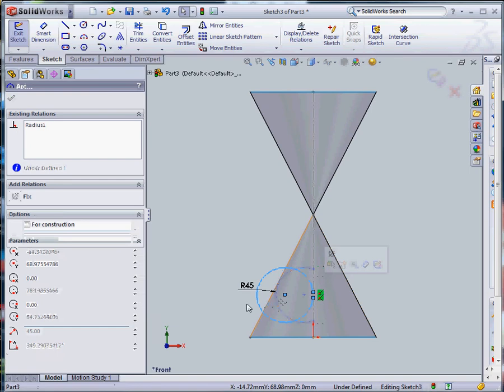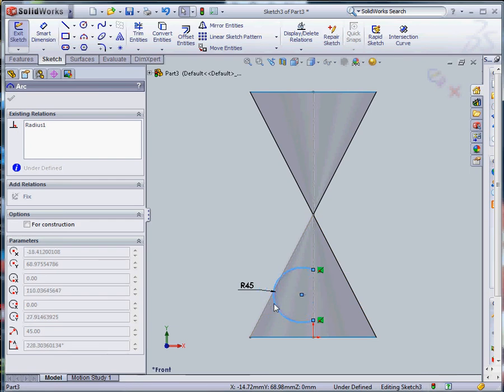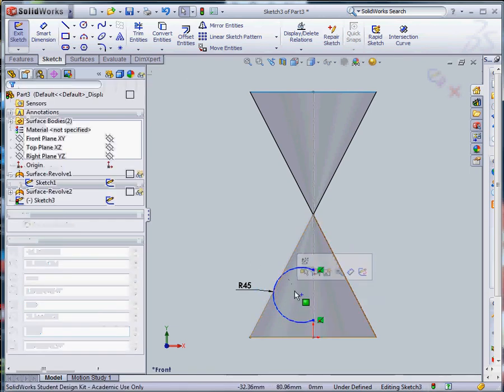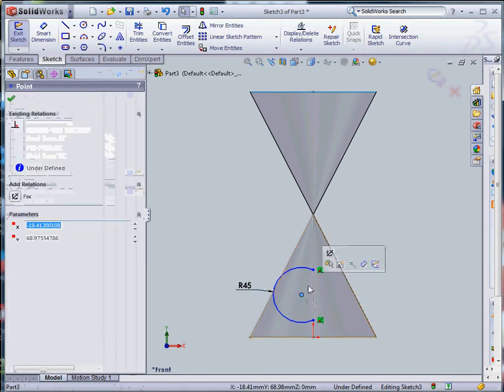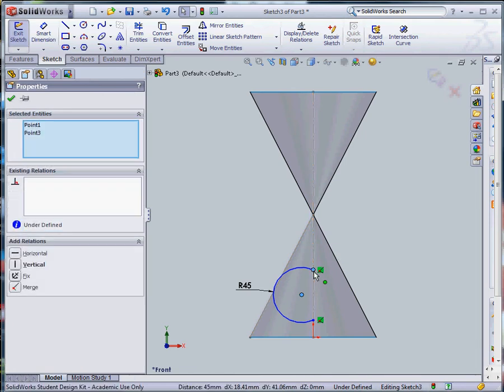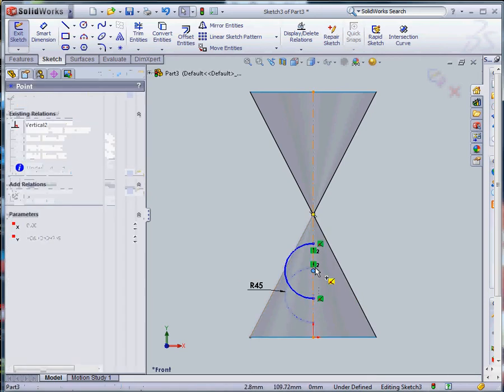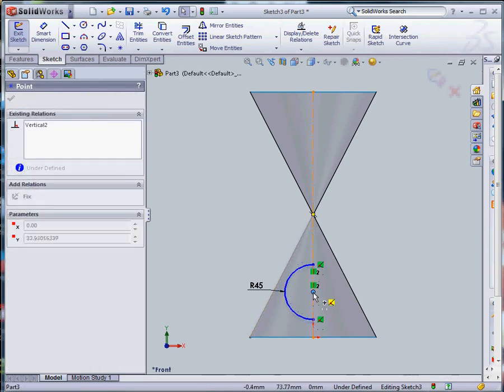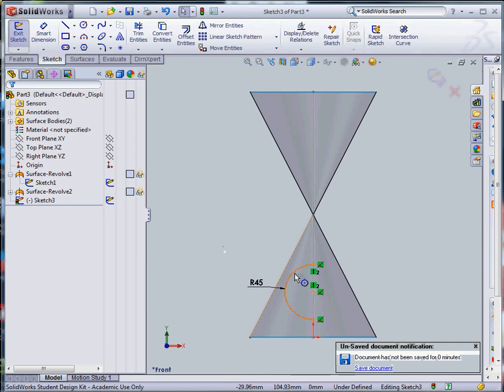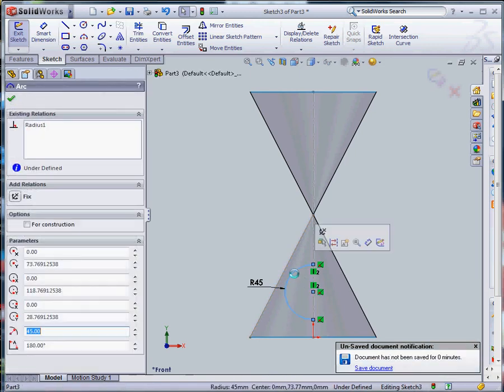Also, the center point of the arc isn't defined. So select center point, select the end point, hold Control in the meantime, and hit the make vertical relation. Now we know that these are all going to lie on the center line, but again it's still underdefined, it can go anywhere. So we'll select our arc, hover our mouse over the generator,